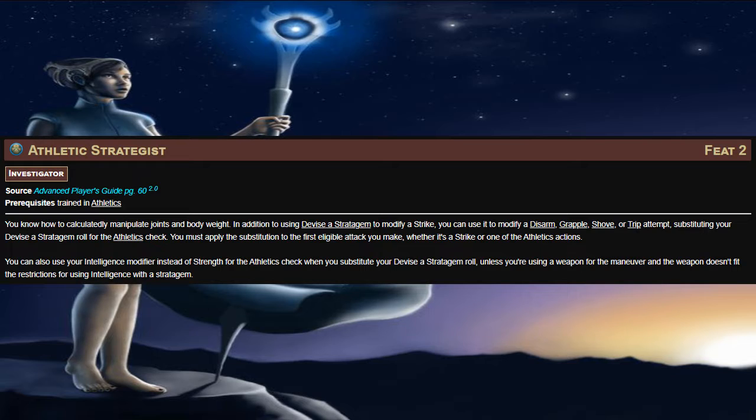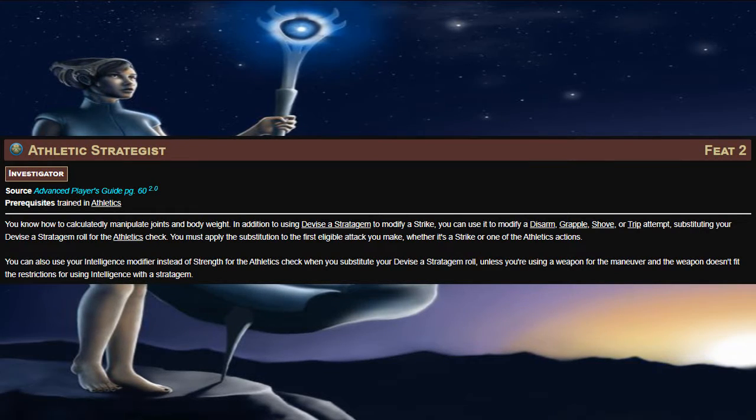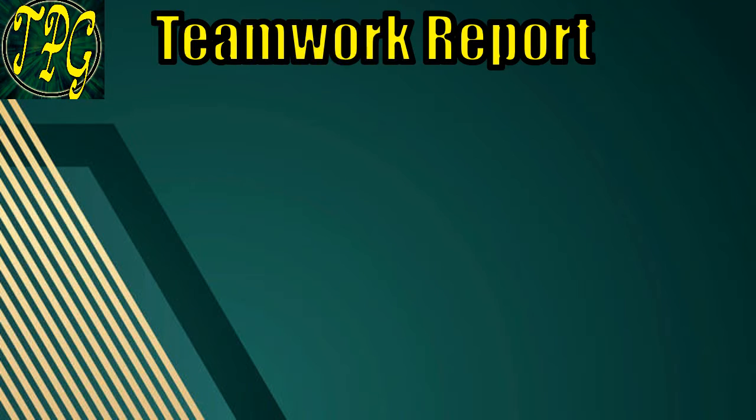This essentially allows us to devise a stratagem on our trip attempts. So we'll know ahead of time whether our trip attempts will actually hit or not. Okay, you guys seem to like it when I do 2 teamwork reports in these videos, so here's the first